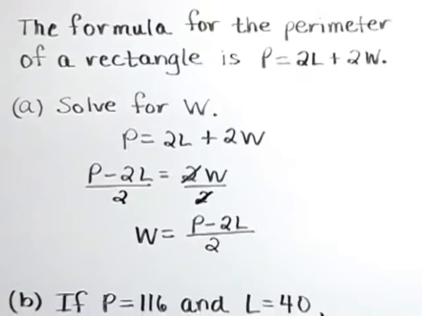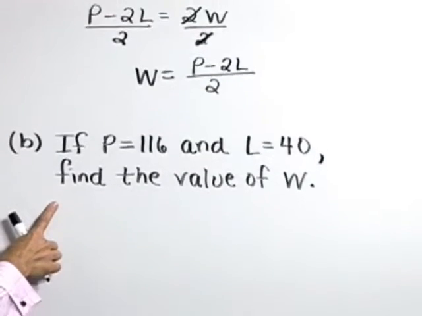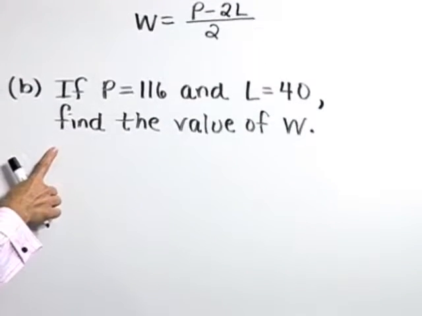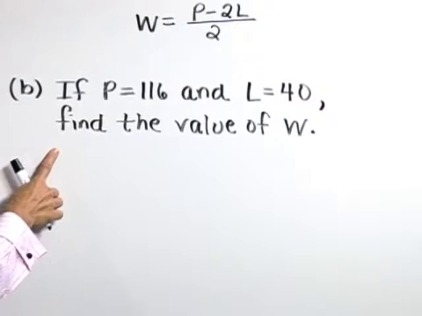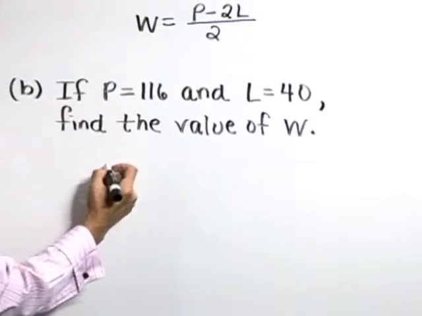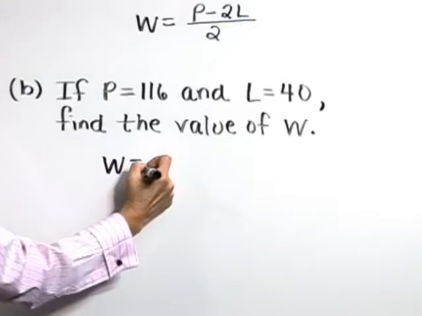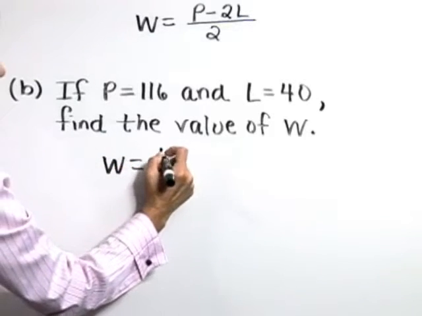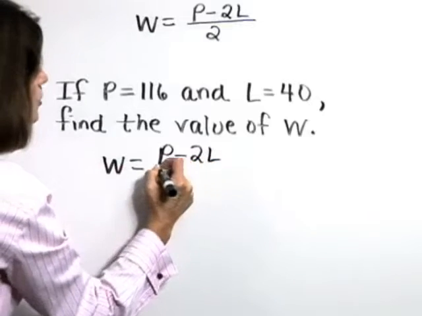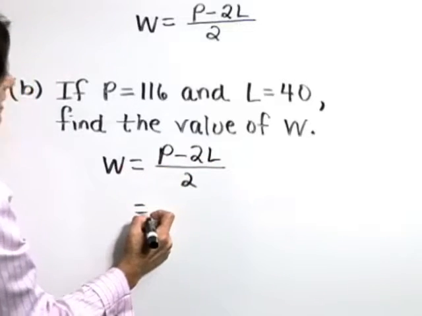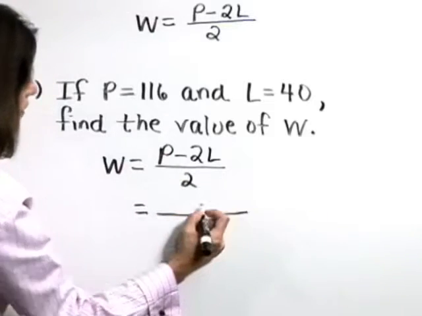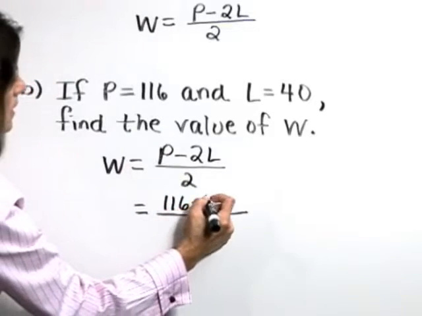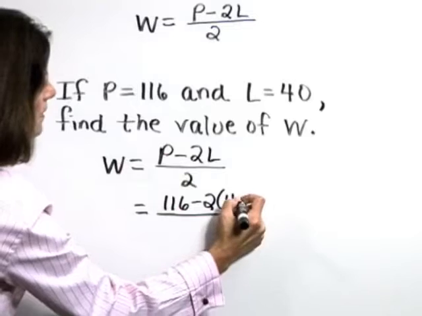Now in part B, if P is equal to 116 and L is equal to 40, find the value of W. So let's use this form that we have from part A. W is equal to P minus 2L over 2. And let's substitute the given values. If P is equal to 116 and L is equal to 40,